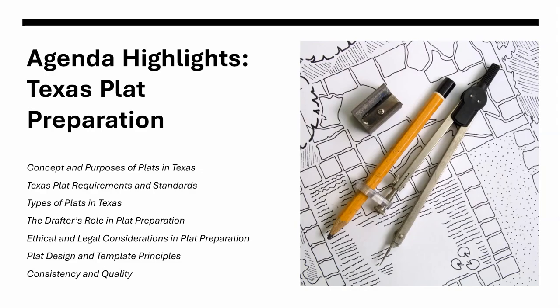A contour line may be wrong and only frustrate a grading contractor. A plat line may be wrong and lead to litigation, invalidated deeds, and lost property. Because of this, plat preparation is subject to strict professional standards outlined by the Texas Board of Professional Engineers and Land Surveyors, or TBPELS, and their rules, and the 2004 TSPS Manual of Practice. The Surveyor of Record, the RPLS, carries the responsibility of certification, but the drafter plays a vital role in ensuring